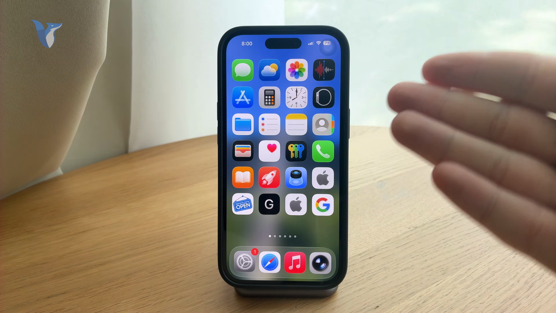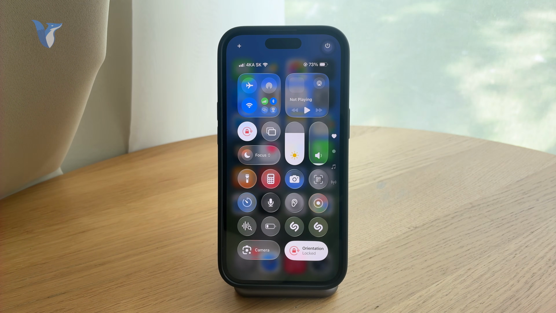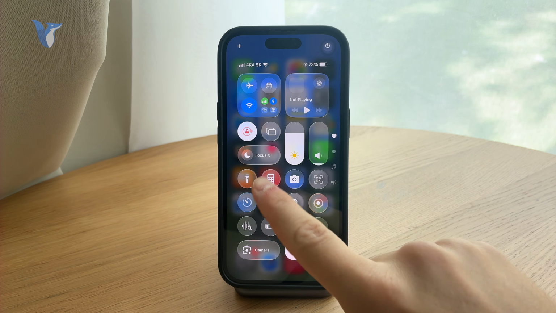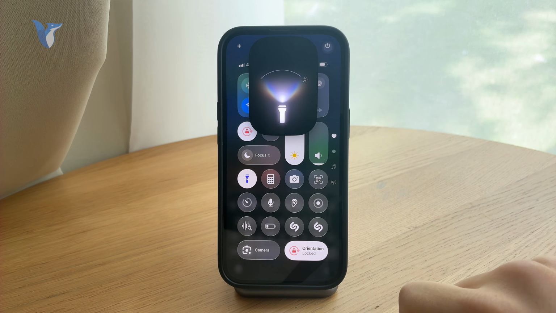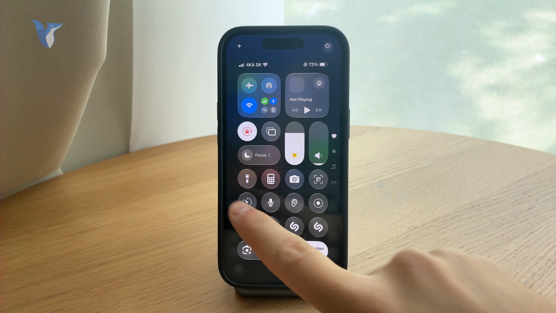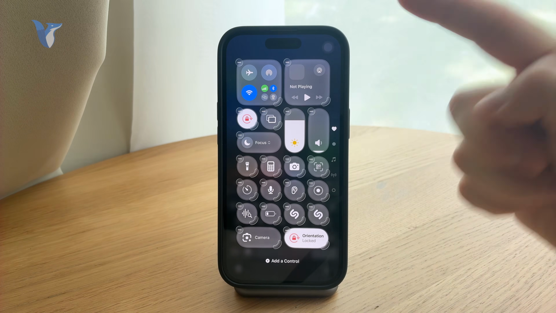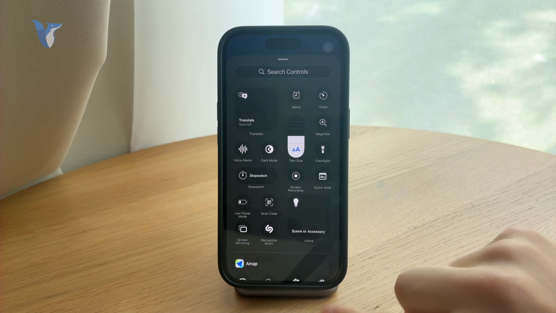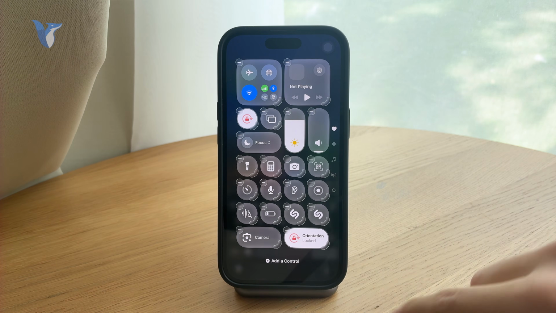But there are of course more ways you can access it. A lot of people also like to put it into the Control Center like that, and I also have the flashlight toggle in here, right? So that's another way to enable or disable the flashlight. If you don't see it in here, just go to the edit mode by holding down on the buttons, click on add a control, and make sure you bring the flashlight into the Control Center so you can easily access